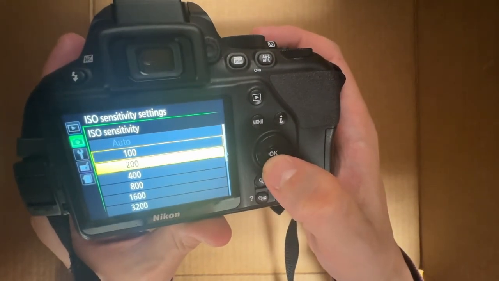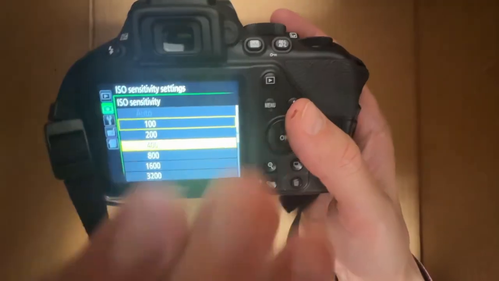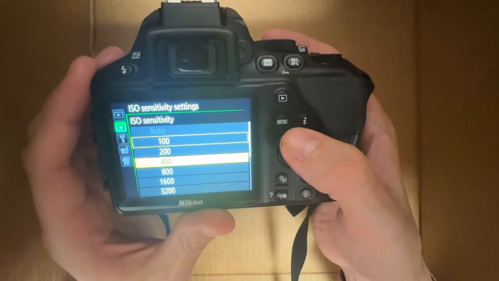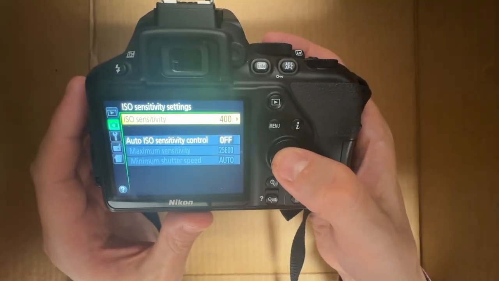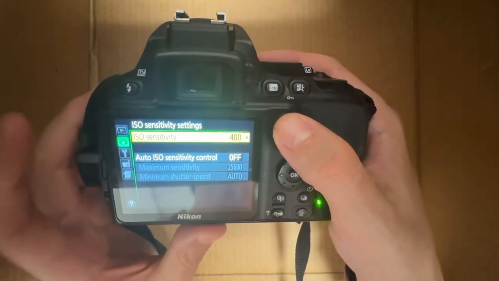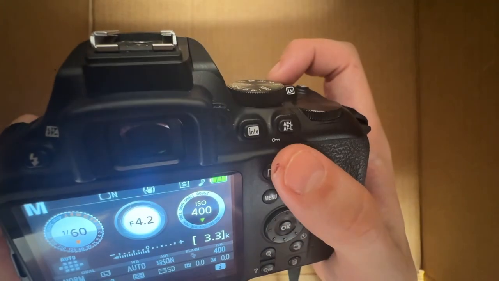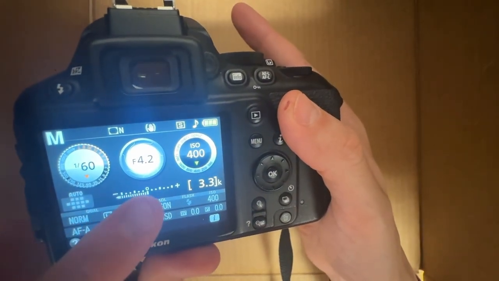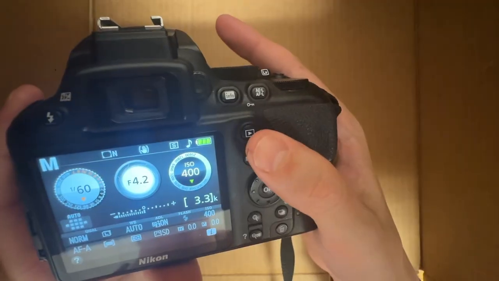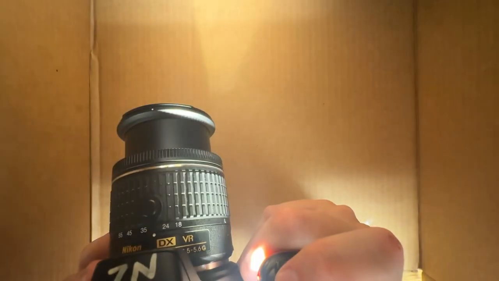And like I said, we're going to be taking 3 photos during class today. The first photo you're going to be taking at 400 ISO. One thing to note is that if I set the ISO to 400 and I go back into the shooting menu, you can see here I'm getting a photo that's going to be very underexposed. After you take that photo at 400 ISO,